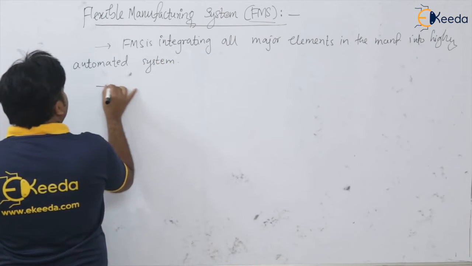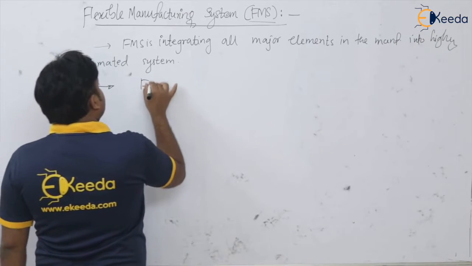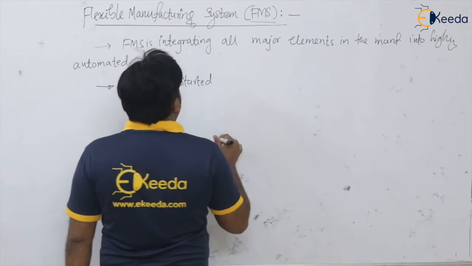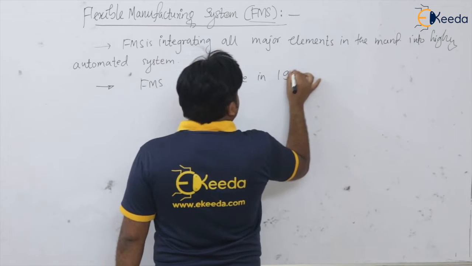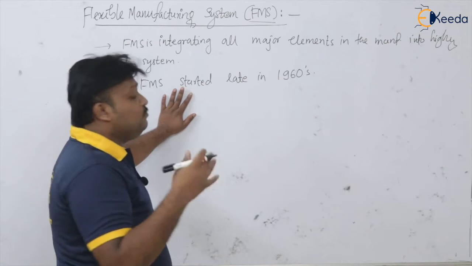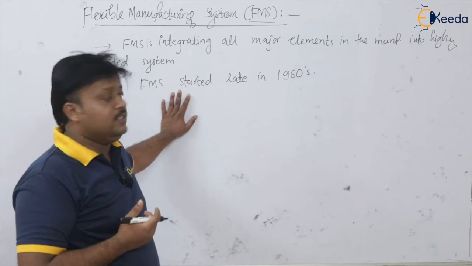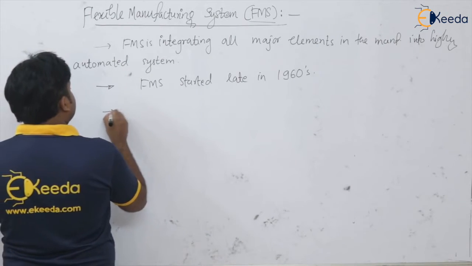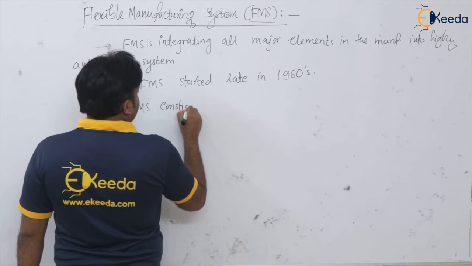So when did the use of the FMS start? The FMS started late in the 1960s. In the late 1960s, this FMS was getting started for implementation. So what does this FMS contain? FMS consists of